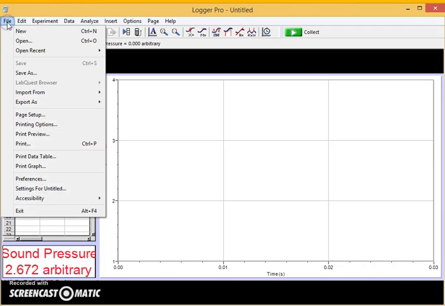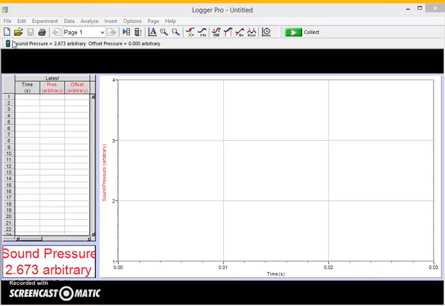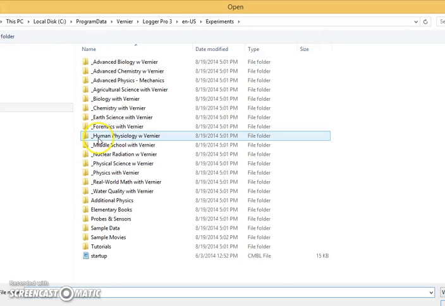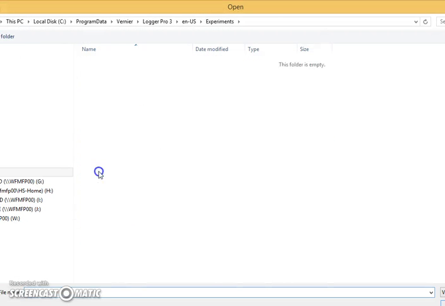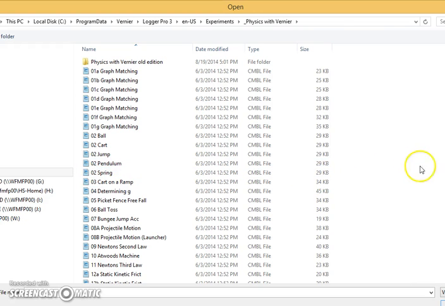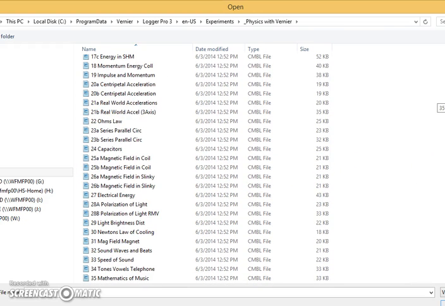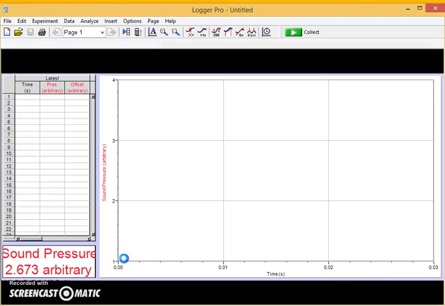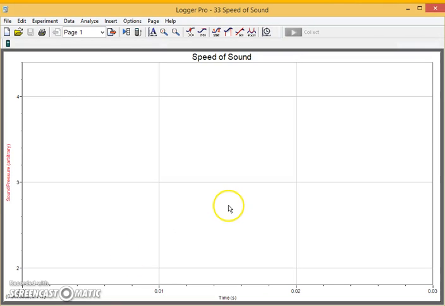So again, we open Logger Pro, we go under File, Open, and we want to find Physics with Vernier, and we want to scroll down and find Speed of Sound, which is Lab 33. And so then it's going to open up this particular file, and you will have a cardboard tube that is